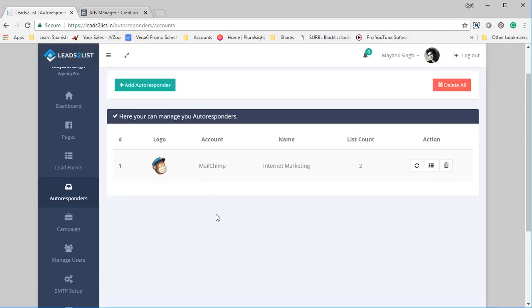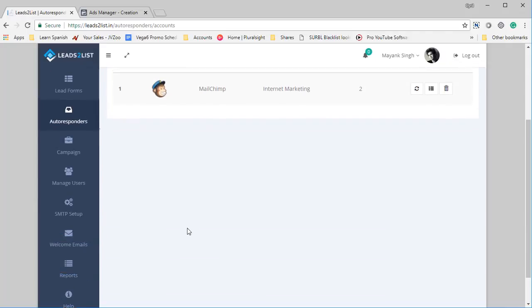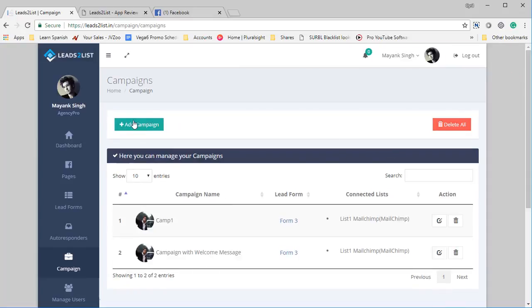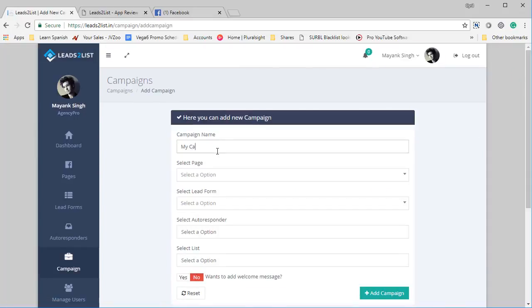And this software actually makes it practical for internet marketers, website owners, or any businesses to use lead gen ads effectively. And the final step is connecting the lead form ad from the page to the autoresponder, and we do that in campaigns. So click on campaigns, and you can start a new campaign. Let's create a new campaign clicking the add campaign button, and let's call it my campaign,